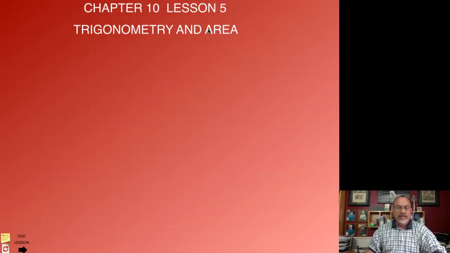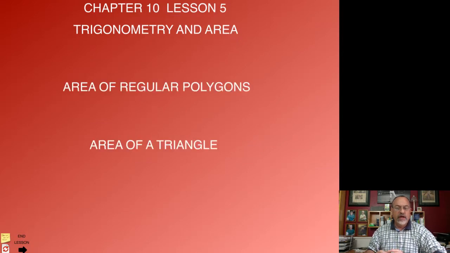Geometry, Chapter 10, Lesson 5, and we want to look at using trigonometry to determine area. Specifically, we're going to continue our study of the area of regular polygons. We're going to use the same formula, A equals 1/2 AP, but when we draw our apothem and then